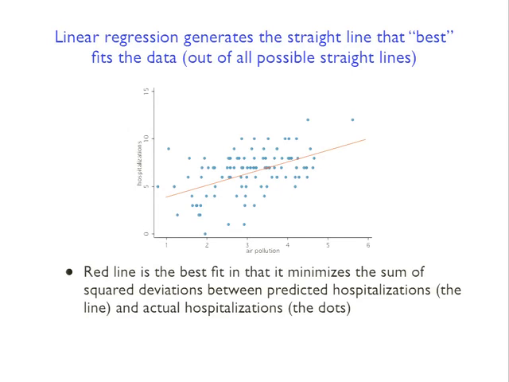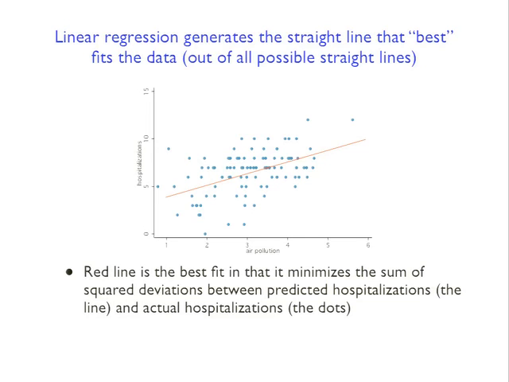When we say that this is the line that best fits the data, we need some criterion for what's good and what's bad. It's meaningless to say that something's the best if you can't rank it against other lines you could draw. The criterion we're going to use is what we call the sum of squared deviations. Each dot is a data point, and ideally we would fit a line that goes through all of the dots. Obviously, with a straight line you're never going to fit all the dots unless you only have 2 points or you got really lucky and all the dots exactly align. In general you're not going to get a perfect fit, but some fits are better than others. For example, this data point right there is pretty well predicted by the line. The line almost goes through that data point, but just misses it.